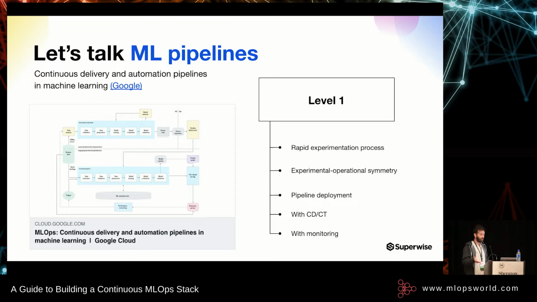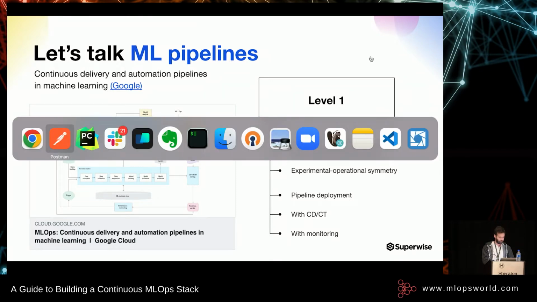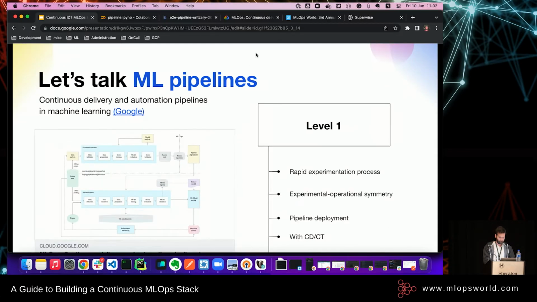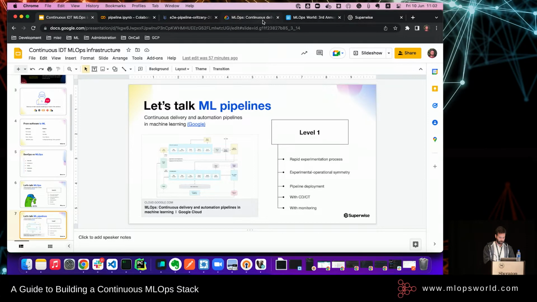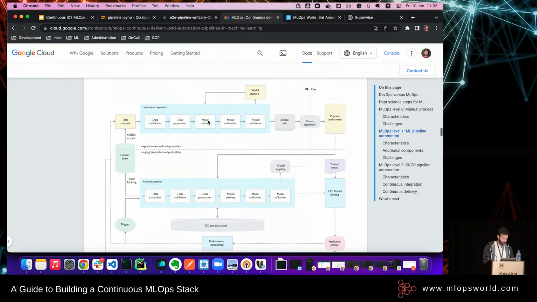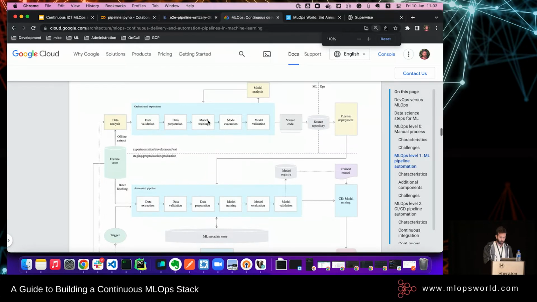Okay, and then there's the level 1. This is what we're gonna implement today. So there is some kind of symmetry in between the, I think you don't see it very well, so I think I have a second. That's great. So I kept this one. I hope it looks better. So there are 2 main areas within that diagram.